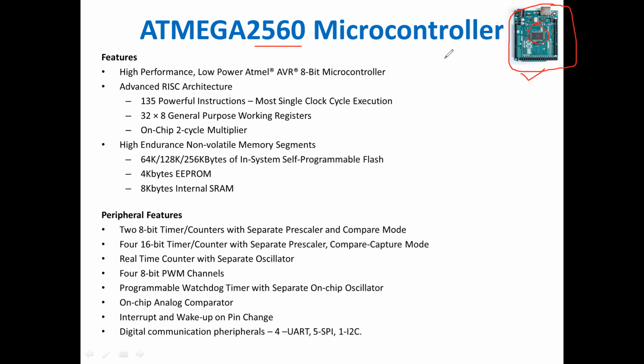For example, functions like pinMode. Open the bracket, and within that you mention the pin and set the mode, output mode or input mode. This is a function already developed by the Arduino company and added in the library. In such a way, you can access such functions